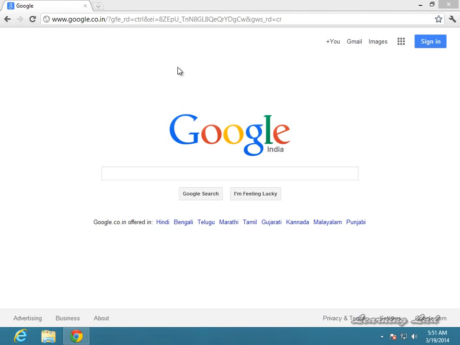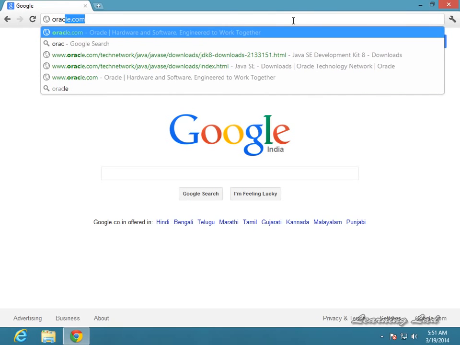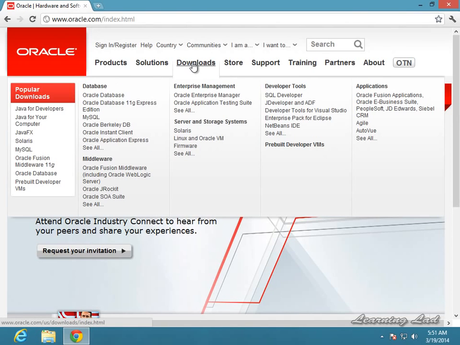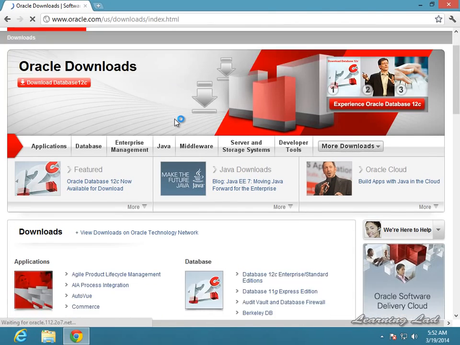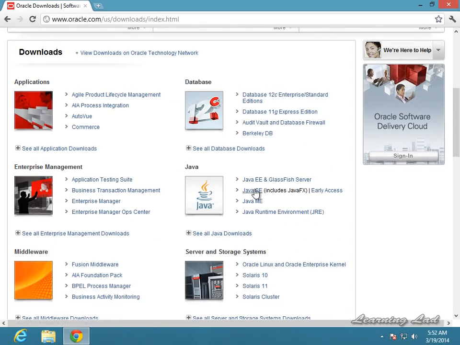In 2010, Oracle purchased Java and they are maintaining the Java programming language. So we're gonna download the JDK from the Oracle website. So we need to go to oracle.com, and here you guys can see downloads. Just click on that and scroll down, and you're gonna see something called Java here, and just click on this